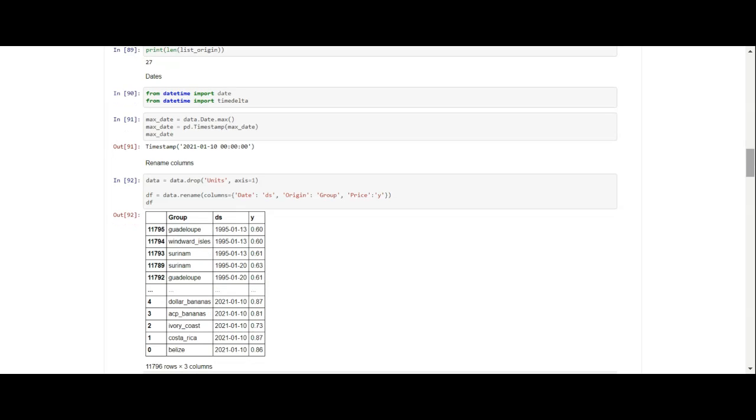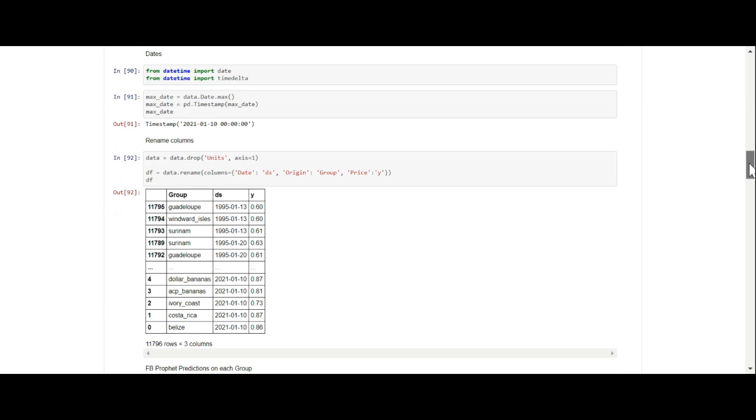So we had to import our date and our time delta. And so we did work on dates, and then I actually deleted a few things because I was doing a lot of experimentation, but I went ahead and kept the date in there anyway.